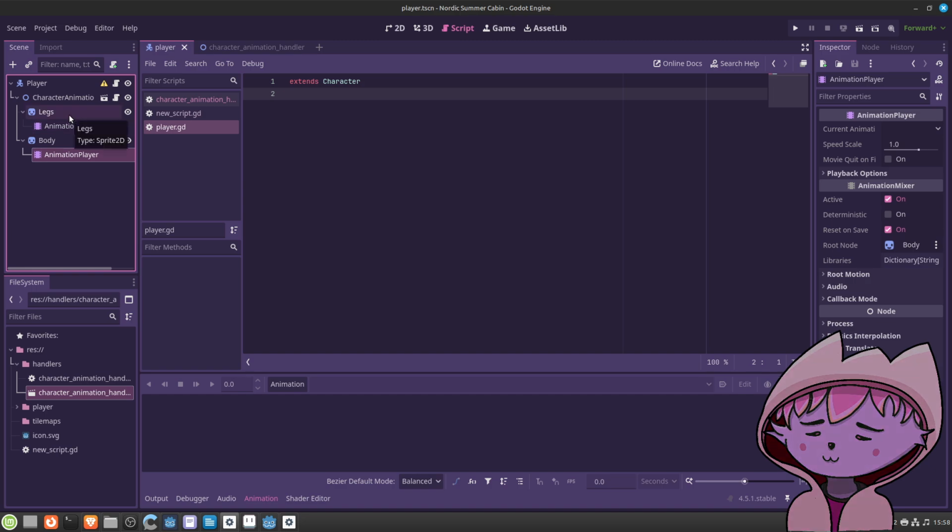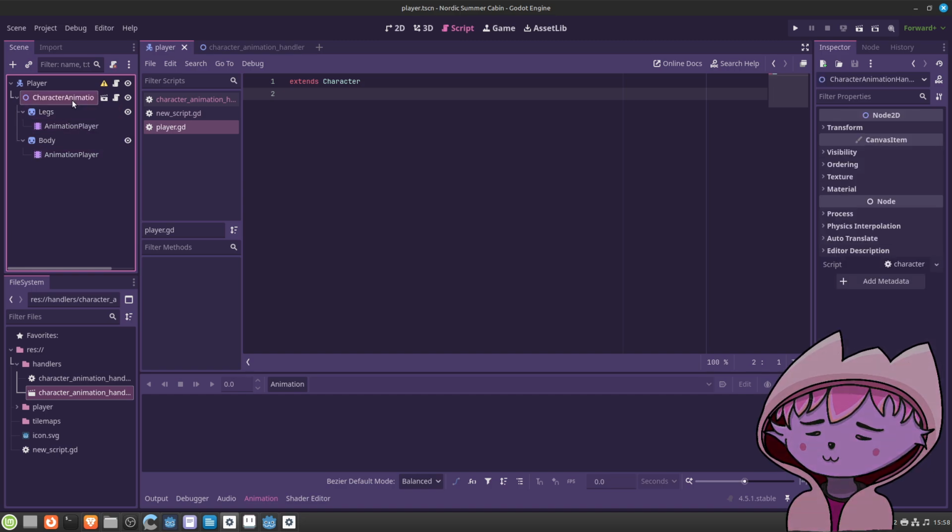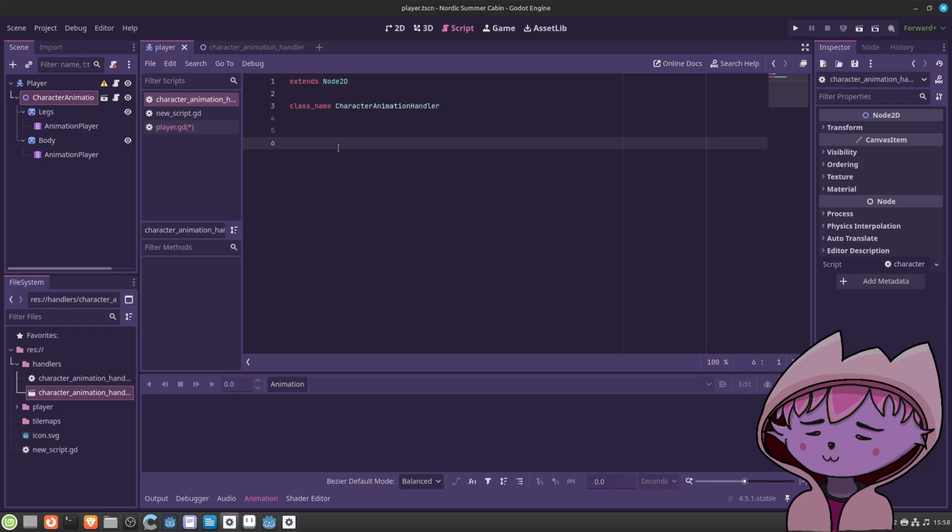Okay. And the character animation handler has simply a function which is maybe called trigger animation.